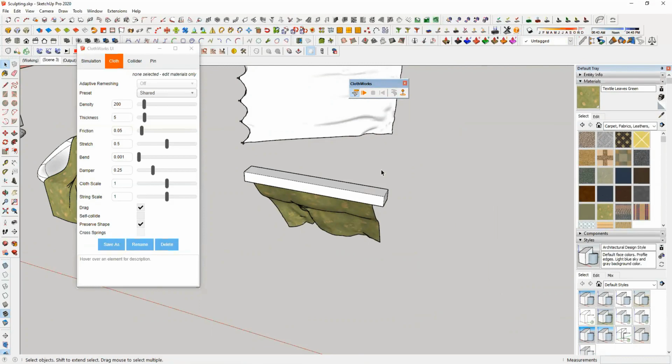I really love all of these tools, and please try and explore them. There are lots of options within each one of them. You can explore by yourself, and if you face any difficulty on these, because these are very advanced tools, please do let me know. And tomorrow we will cover more of the sculpting part of the cloth works, as well as